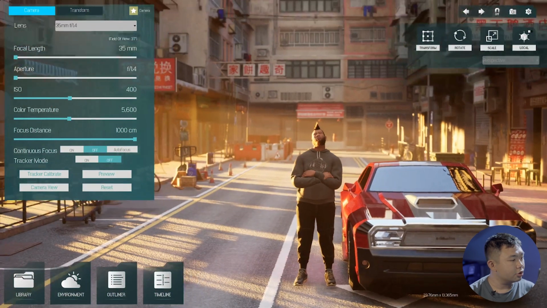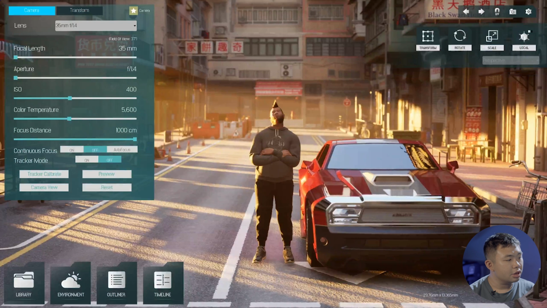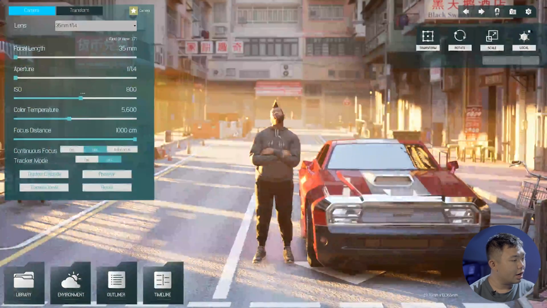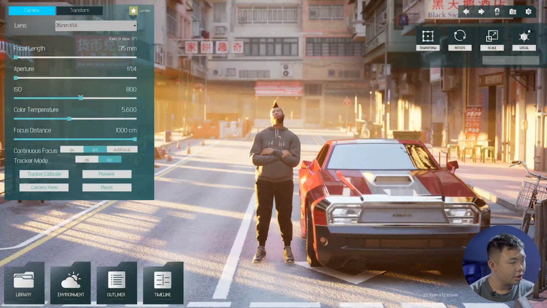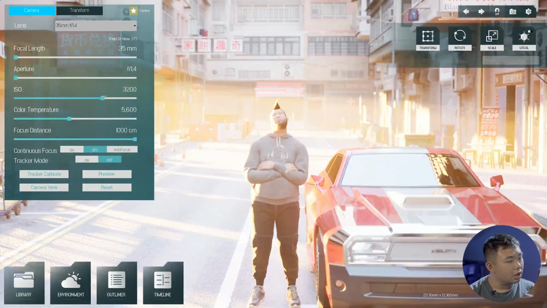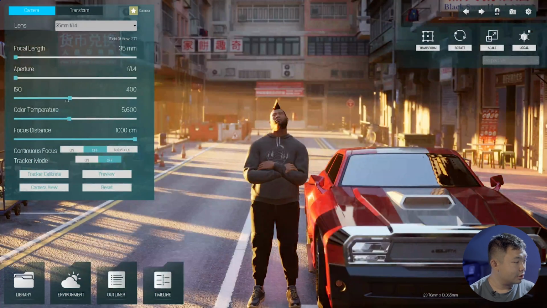The aperture controls the depth of field and exposure. A lower f-stop number, just like 1.4 or 2.8, can get a very shallow depth of field. ISO adjusts the camera's sensitivity to light. A lower ISO, just like 100, is best for bright conditions, while a higher ISO, just like 800 or even higher, is better for low light. In real-life situations, if you're using a higher ISO, the noise will also be more severe.